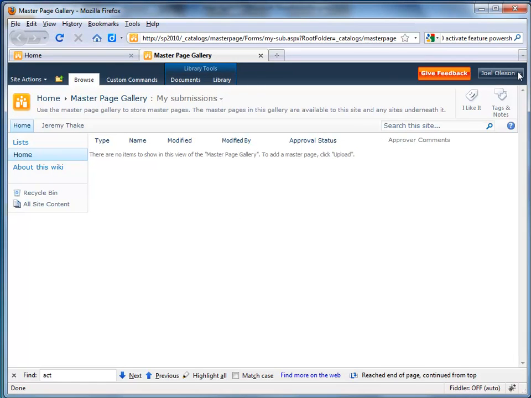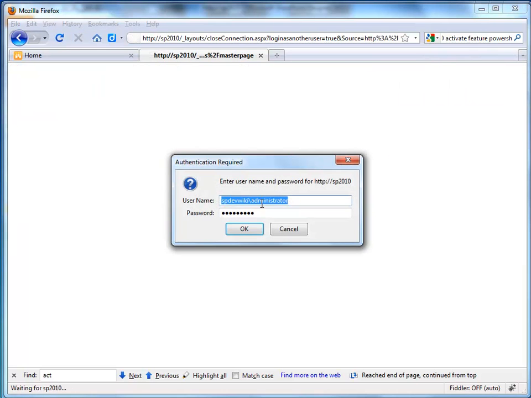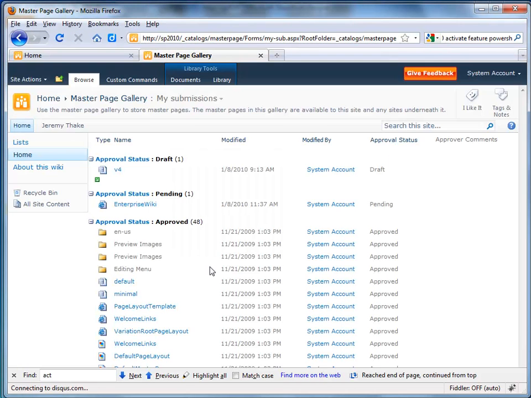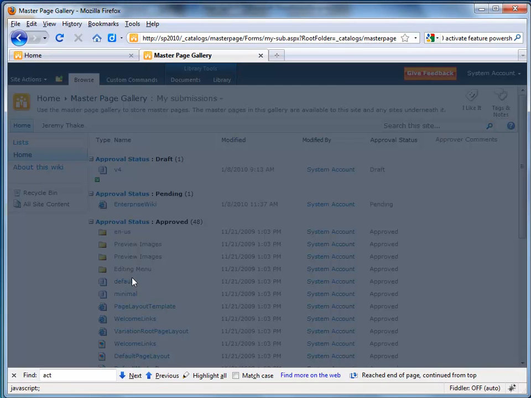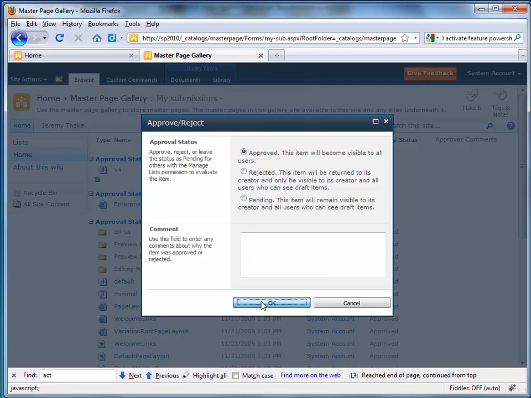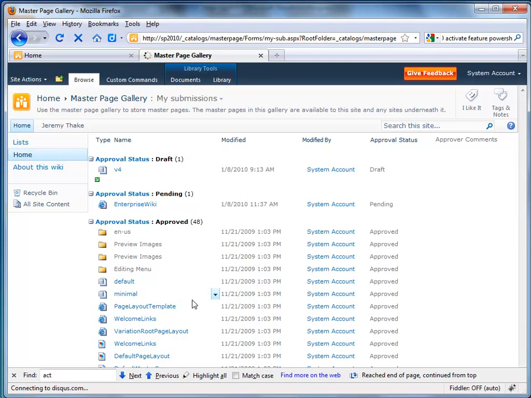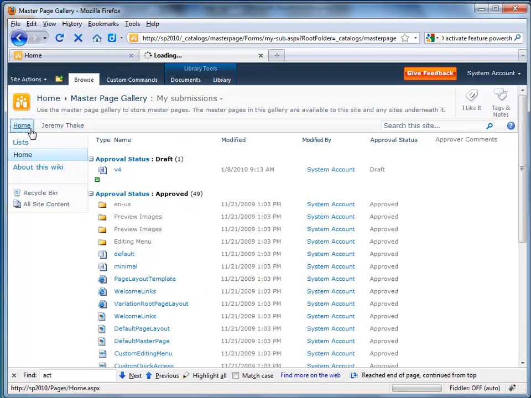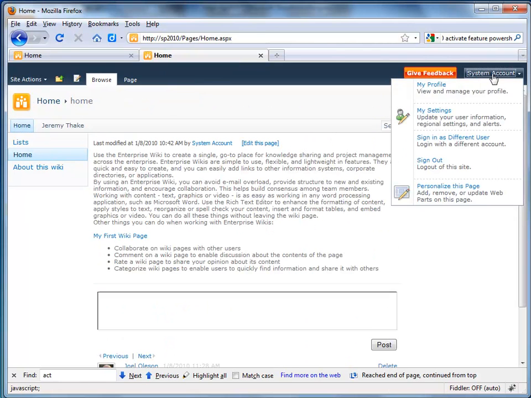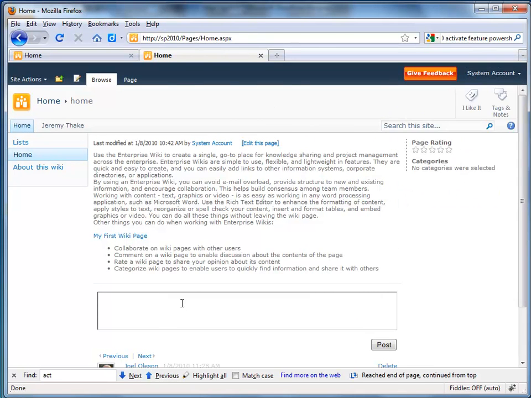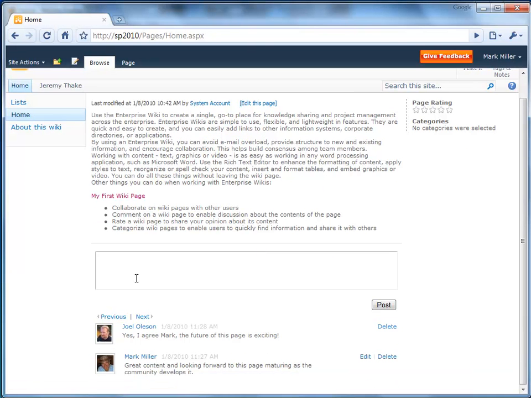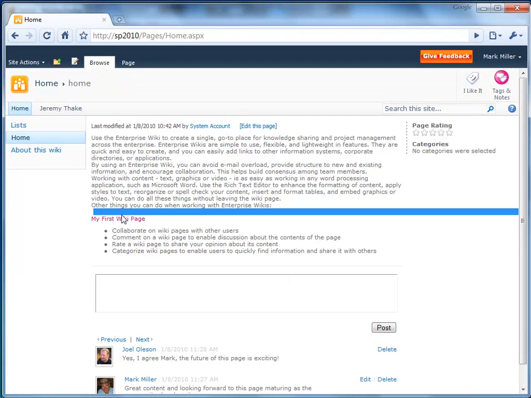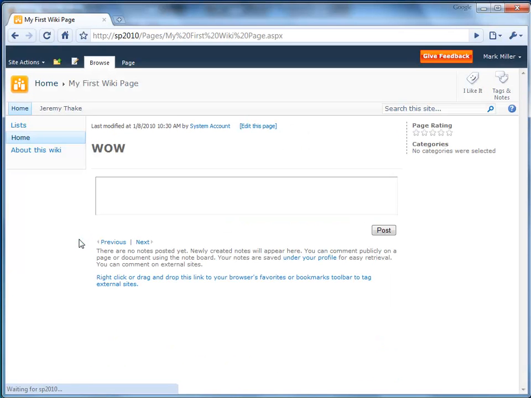It's popped up Firefox for me because it's my default browser, so I just literally need to log in as the administrator. And I'll come in here and select approve, and now all of my users will be able to see that. So if I go in as Mark, they'll see the noteboard web part there, which was already actually on the page, to be honest. So I hope that gives you a bit of an understanding of how you can customize